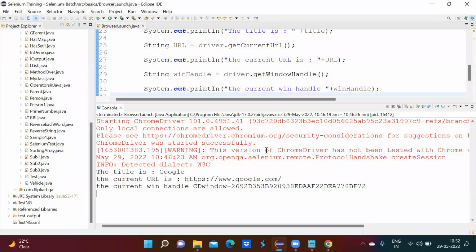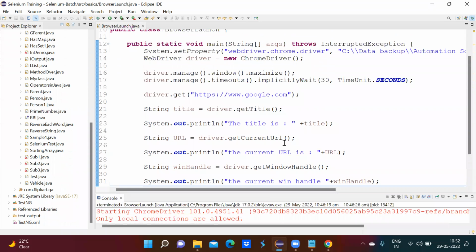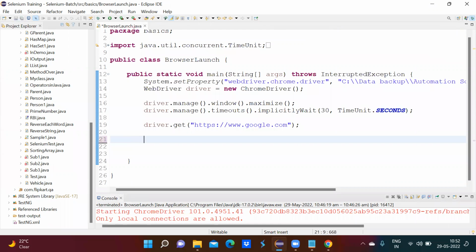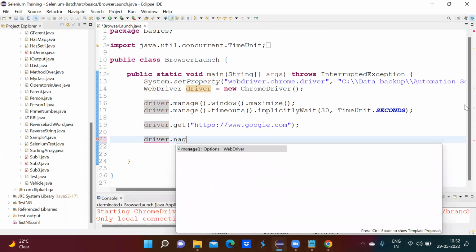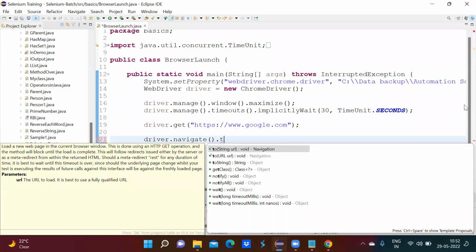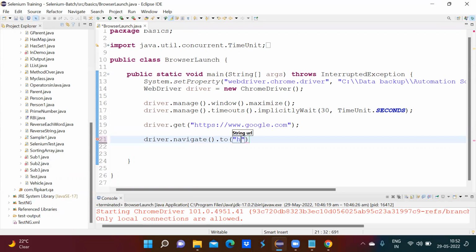Okay, now moving back to your script. So we were here, right? Driver.get. Now what we will do, we will use driver.navigate.to. Here, let's say I am giving facebook.com. And once I move to facebook.com,